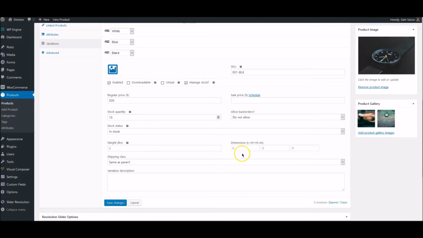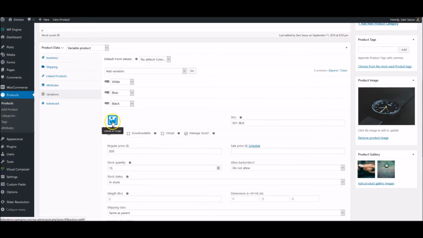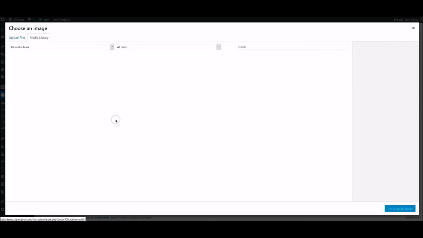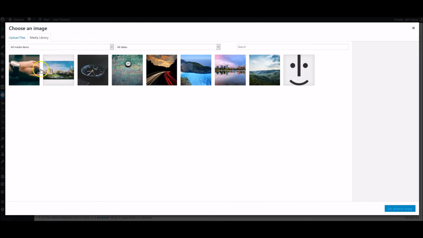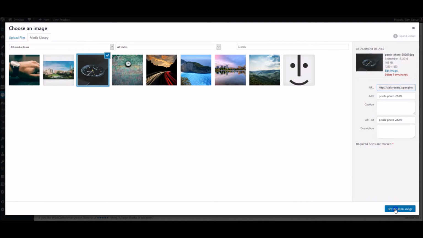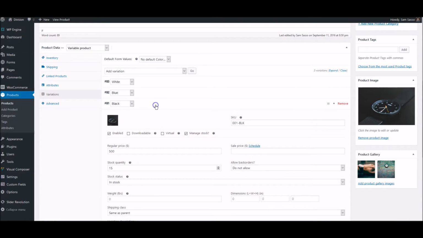And we can add the weights and the dimensions. If we're using a more complicated way of shipping, we can add that kind of information. We don't really need to. Another thing we can do is we can add an image so that when they select this option of black watch, it shows a different image than this. Clearly that's black, so you could add this. I'll just show you how it's done. It opens up the manager again, and you could just say, okay, that's the one for black,